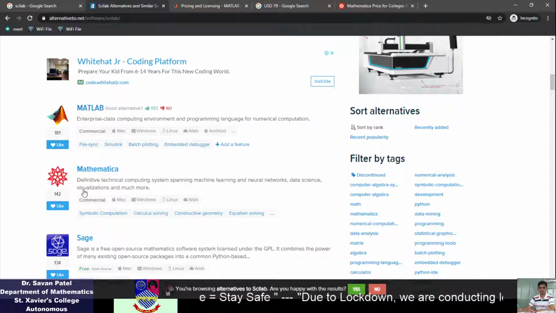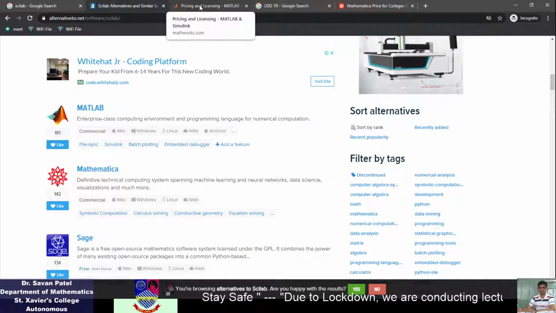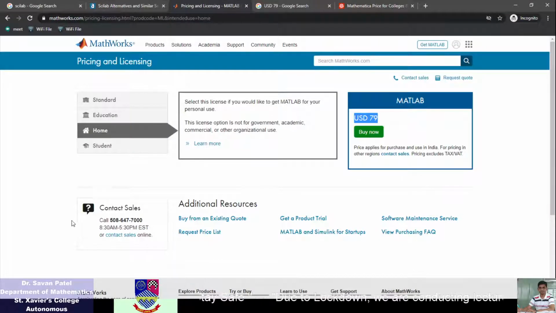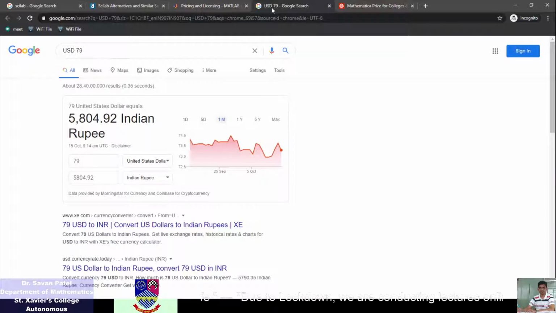MATLAB and Mathematica are both commercial. See the pricing of MATLAB. If you want to buy for home, it is 79 US dollars, and converted to Indian rupees, it is 5804 rupees.